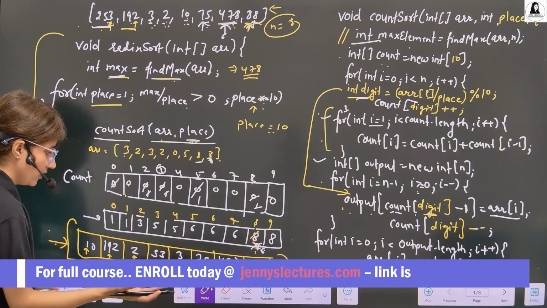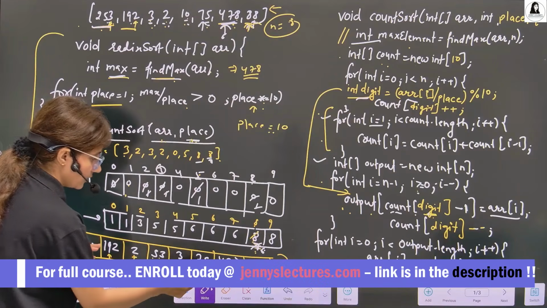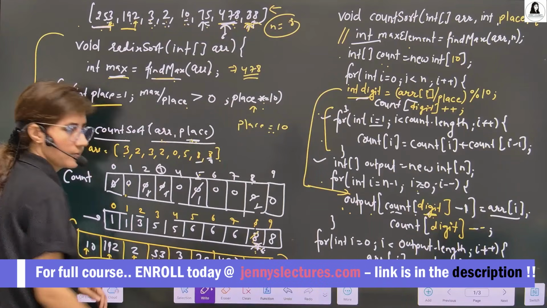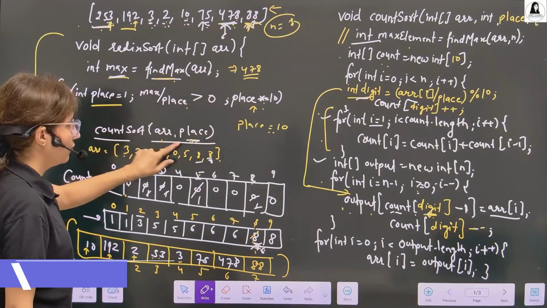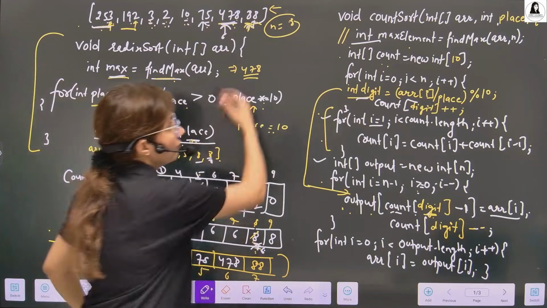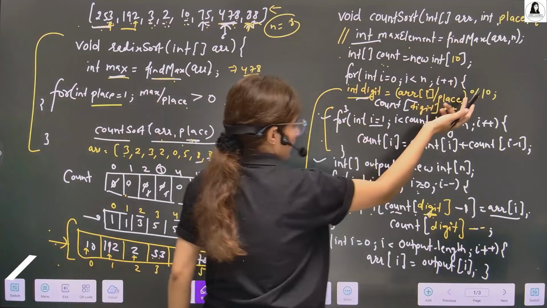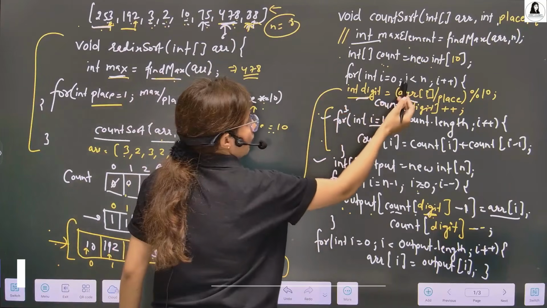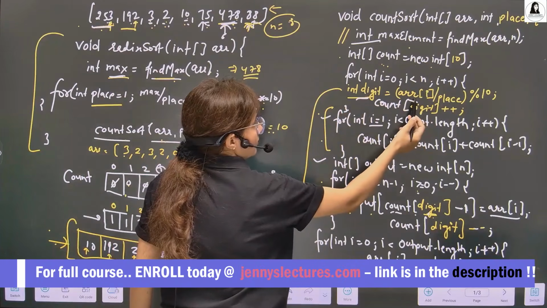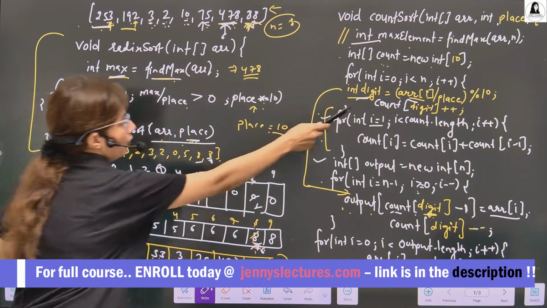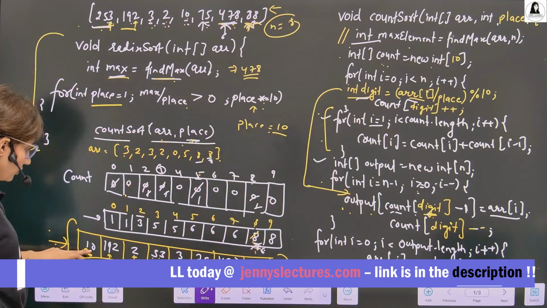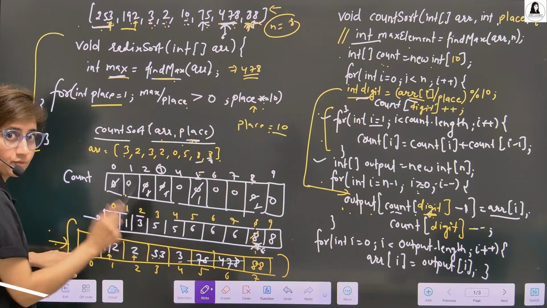Here there is no 10th place. Here we have this, this. So now this is 10. It will be passed here. Now we have the same array and place value, and the count array will be the same again. The digit would be calculated again. Now array of i at first is 10, where i is 0. The updated array after the first pass would be something like this.